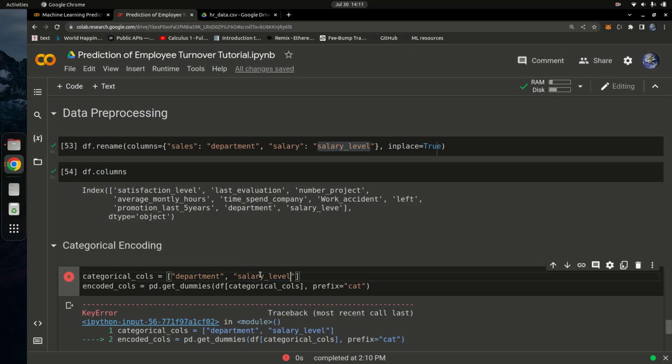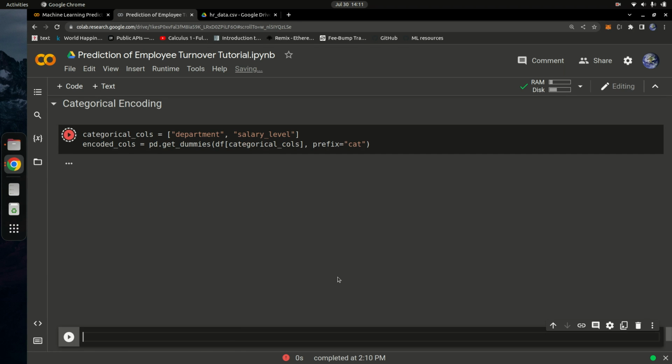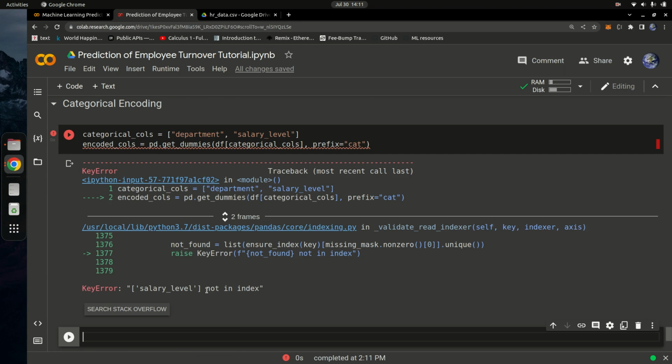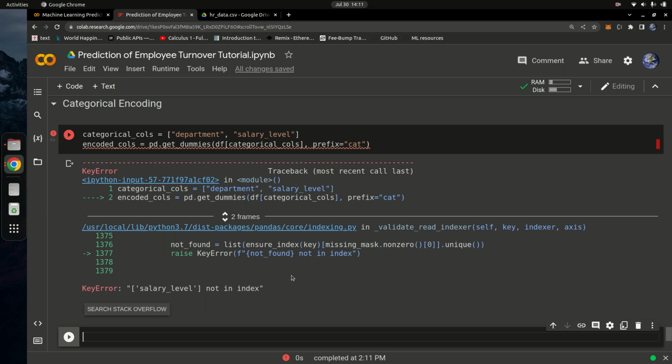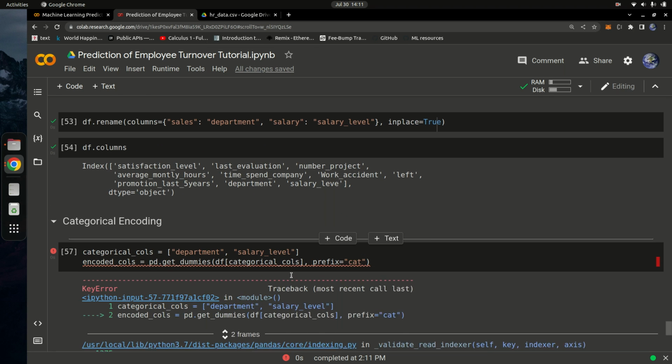Okay, why are we getting that error? So let's see, it says salary level is not in axis. Okay, let's see where I made a mistake. So the prefix is going to be this, and then you're going to pass in pd.get_dummies, right? We pass in our data frame and then the categorical values, and then we just say prefix is going to be cat. So salary level is not in. Okay,